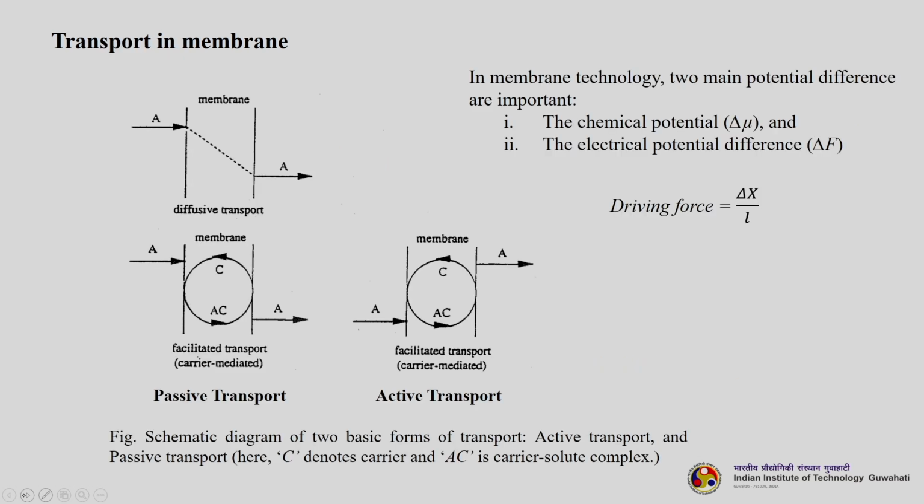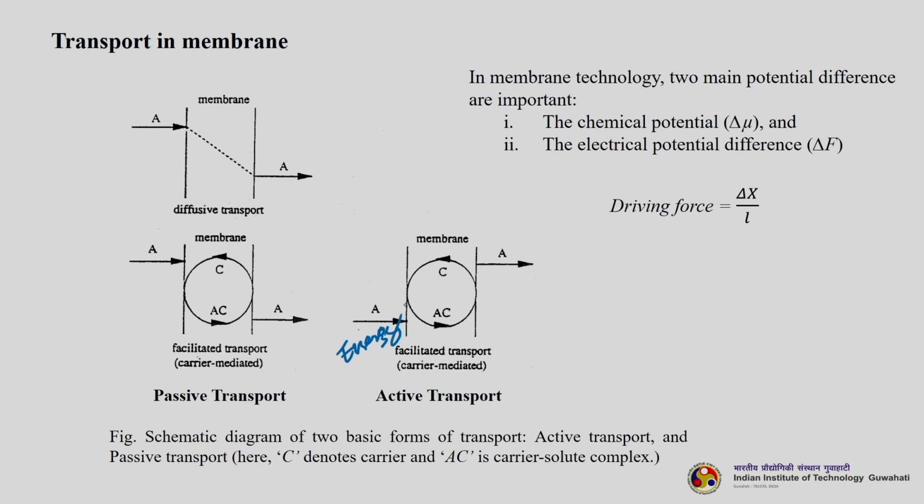Then let us quickly discuss the transport in membrane. So, two types of transport happen, passive and active transport. Passive transport is a direct consequence of differences in concentration or other forces. Okay. So, that means it happens from higher concentration to lower concentration, whereas active transport happens from lower concentration to higher concentration, against the gradient of its concentration or any other gradient. So, to do that you can understand that you need some sort of energy. So, we need some extra energy to carry this out.